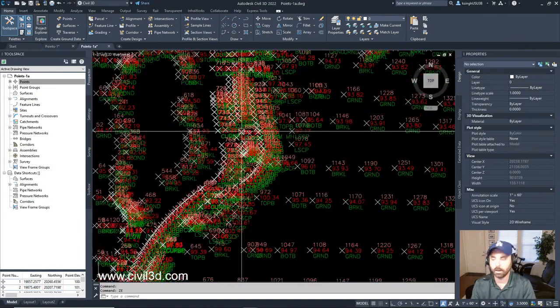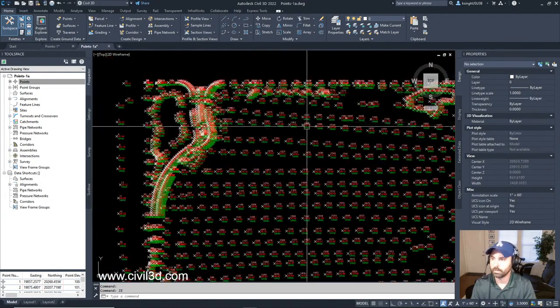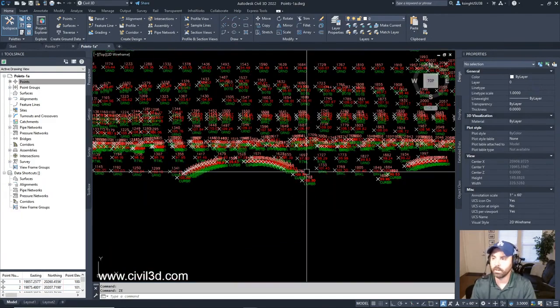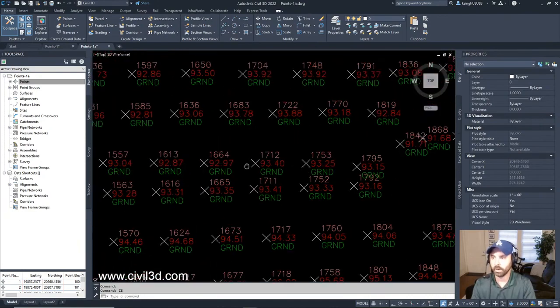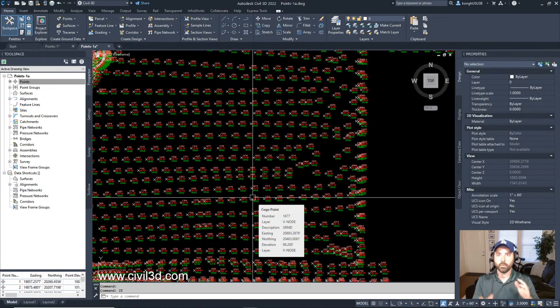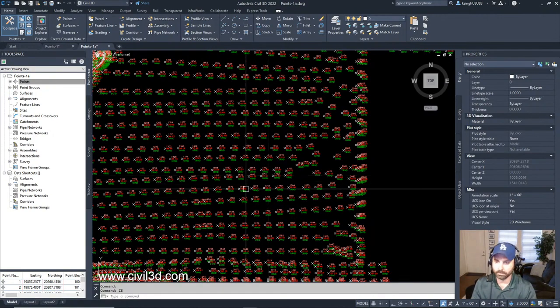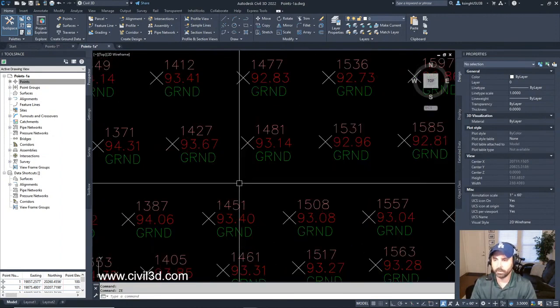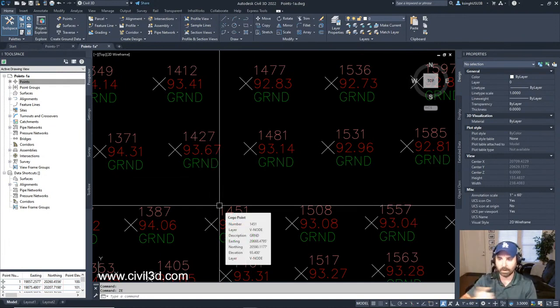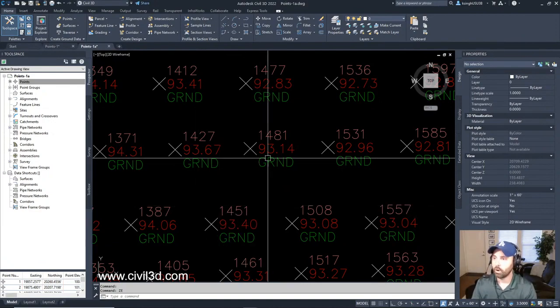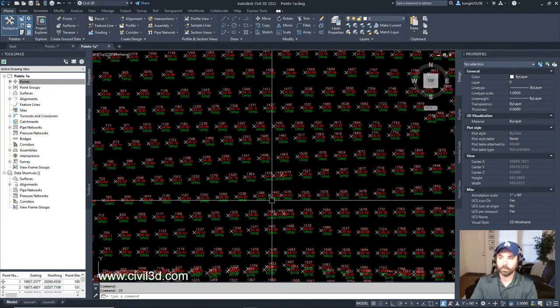There's a lot going on, isn't there? See all of our ground shots? This is all the information that a field crew has collected. So you can see right here that there are so many points that need to get organized, and those description keys are what help to organize all of your information. So for example, you might need a description key that's just for ground shots. As the field crew's collecting the ground shots, they're hitting their data collector, and they're getting all of their information,